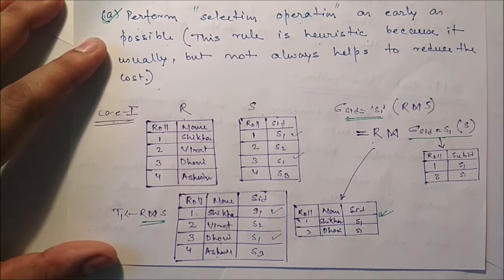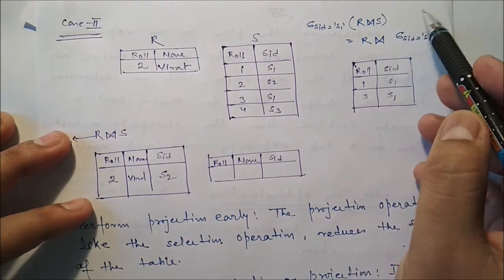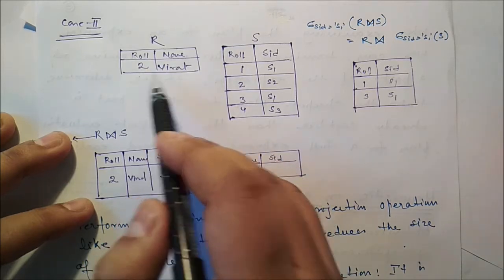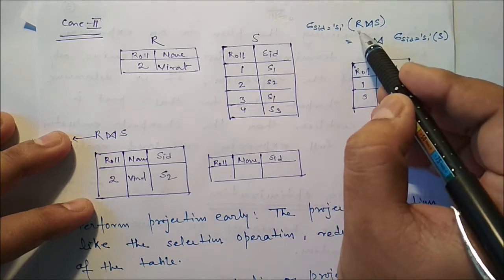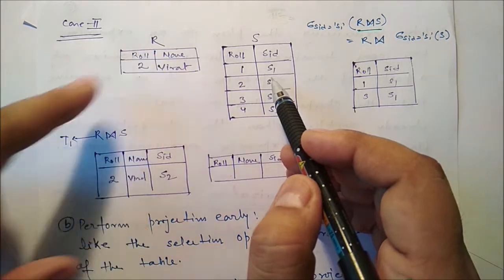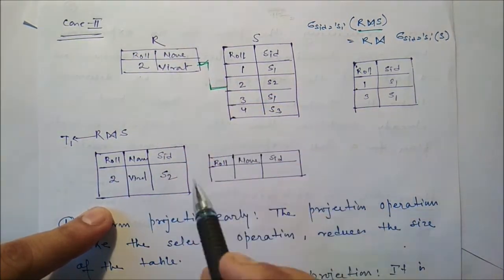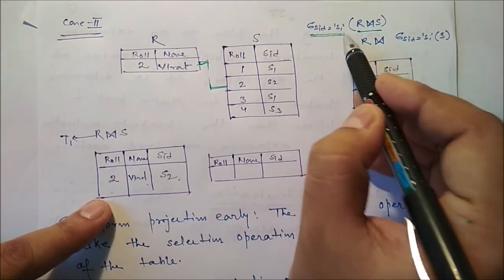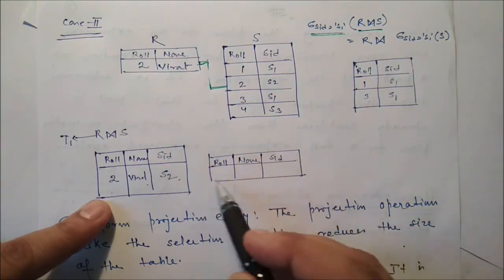Now you can see one simple example, another way. Apply the same concept here. Say our table is like this, so only one record is there in R: roll number, name, 2 Virat. And in S, roll number and subject ID are there. So first of all, if we apply this particular join, it will create one single table. It will match this 2 with the 2, so 2 Virat and S2. After that we may apply the selection condition S1. So it is null, nothing is there, it will be empty. The output will be blank.